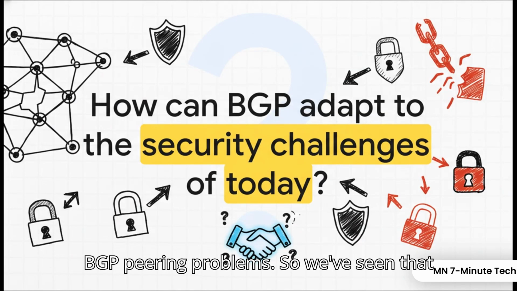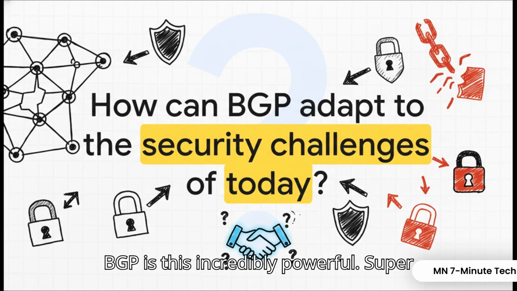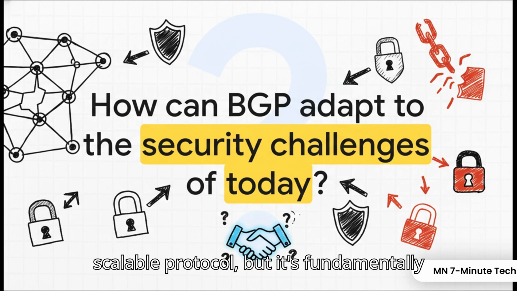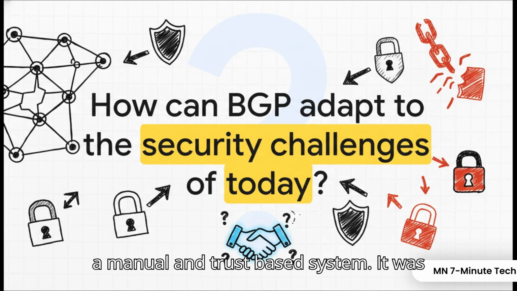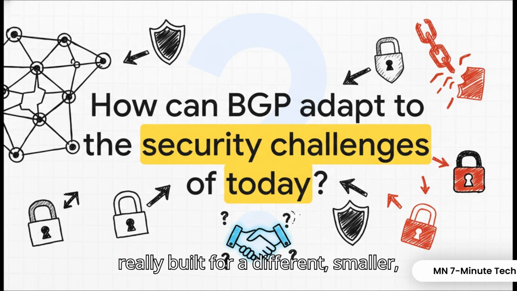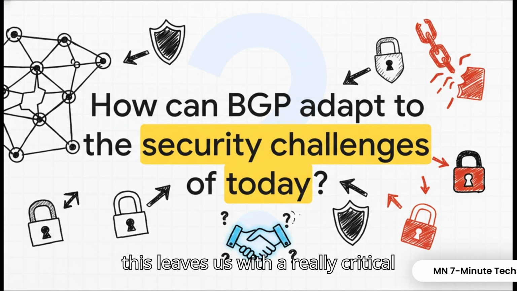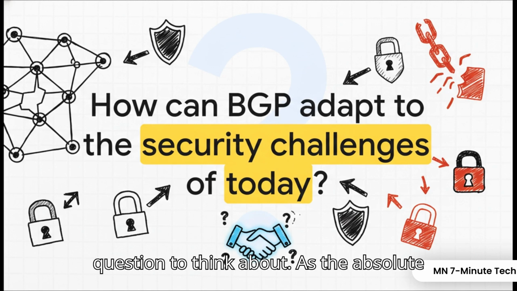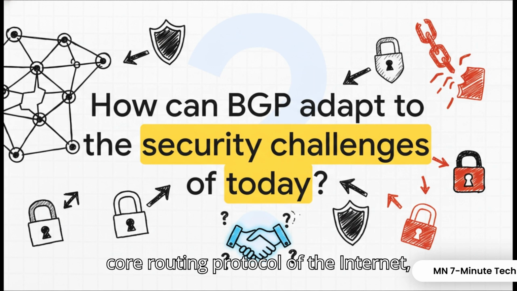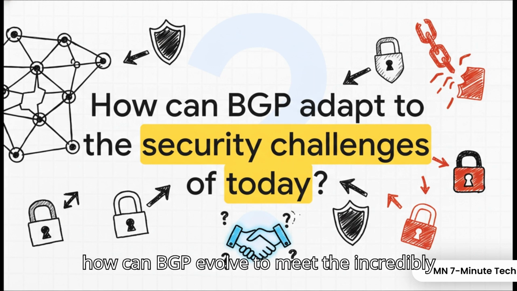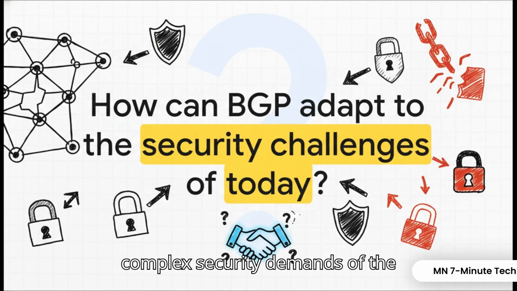So we've seen that BGP is this incredibly powerful, super scalable protocol, but it's fundamentally a manual and trust-based system. It was really built for a different, smaller, more trusting era of the internet. And this leaves us with a really critical question to think about. As the absolute core routing protocol of the internet, how can BGP evolve to meet the incredibly complex security demands of the modern